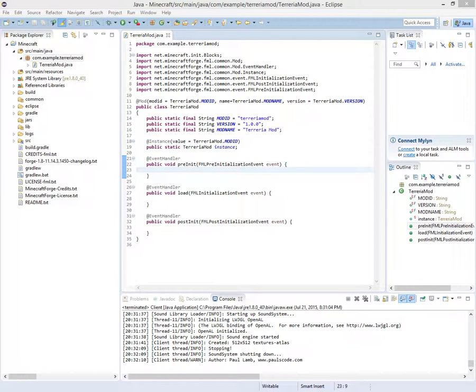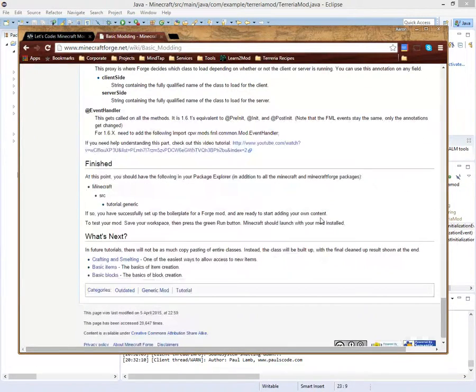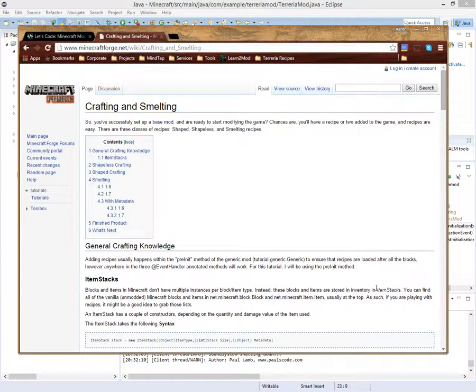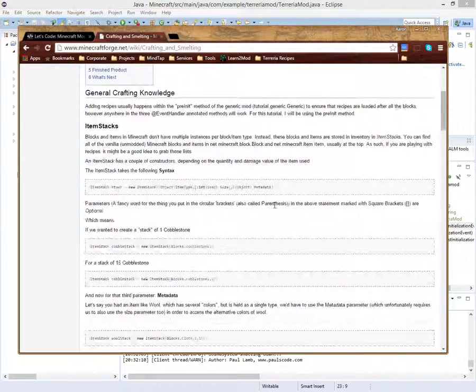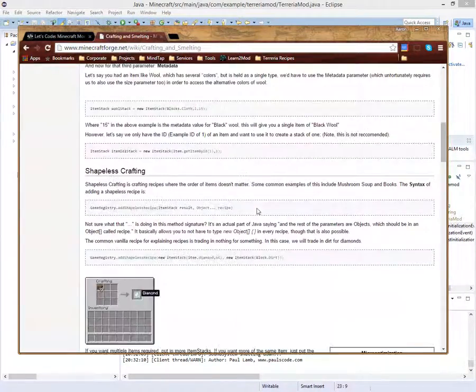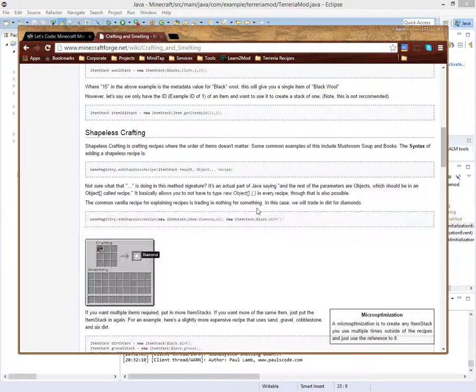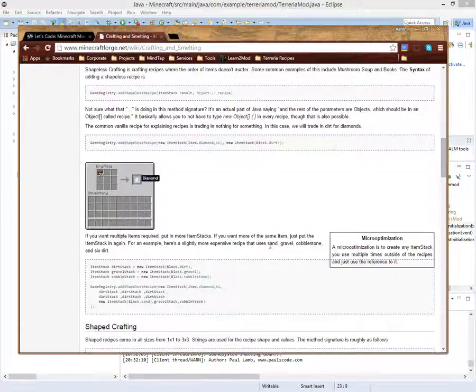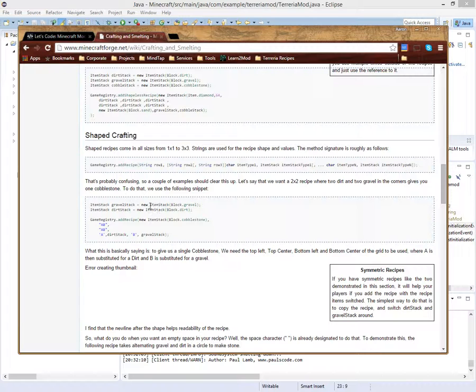So, let's see. Where to go next? What's next? Hey, let's do crafting and smelting. Yeah, let's do that. Item stacks. Yeah, I know about item stacks. Shapeless crafting. Do we want shapeless? No, we want shaped crafting. Shaped crafting. Okay. So, what we want to do